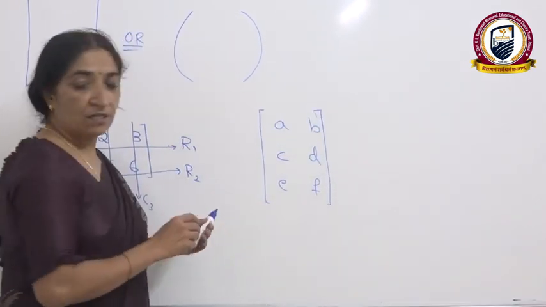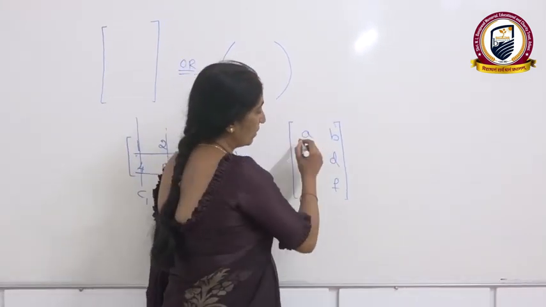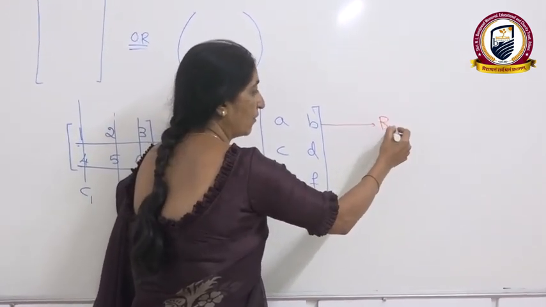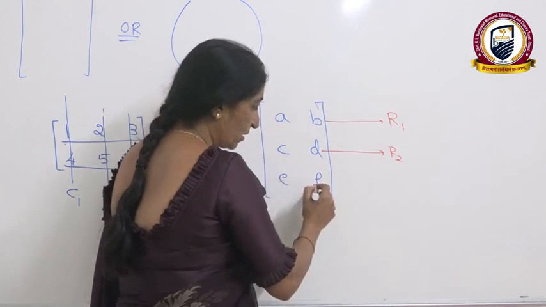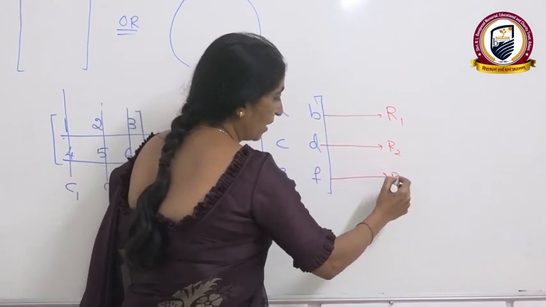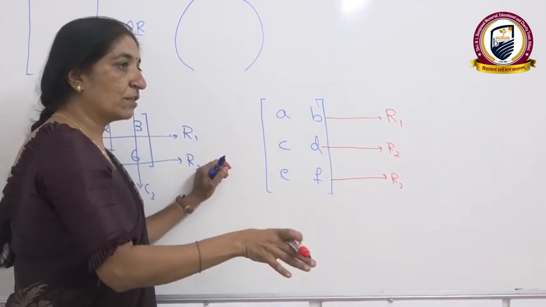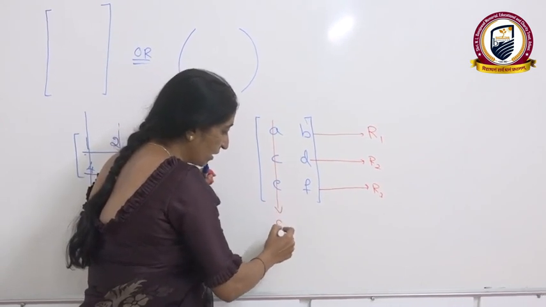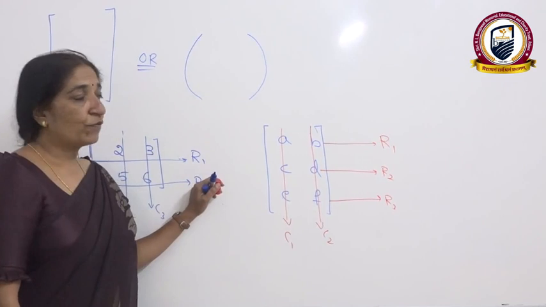Now tell me, students, what are the possible orders in rows and columns? See, this is the first row. They are horizontal. Let us take it as R1. This is the second one, R2. And this is the third one, R3. The vertical ones are just like columns, just like pillars. This is called C1, and this is called C2. Are you familiar with this now?